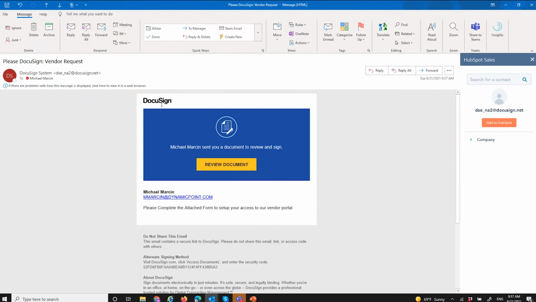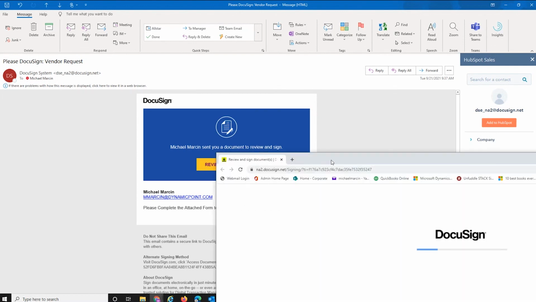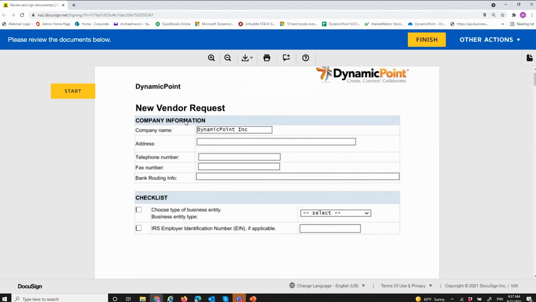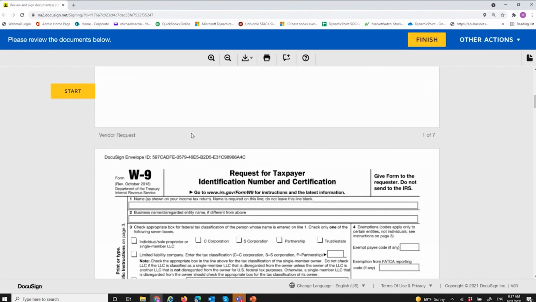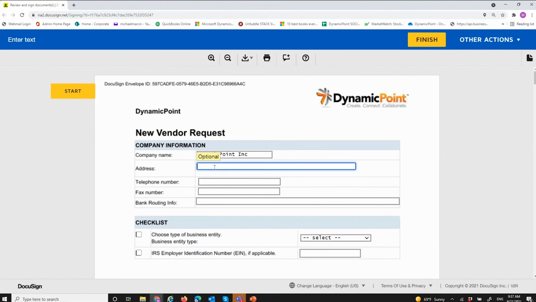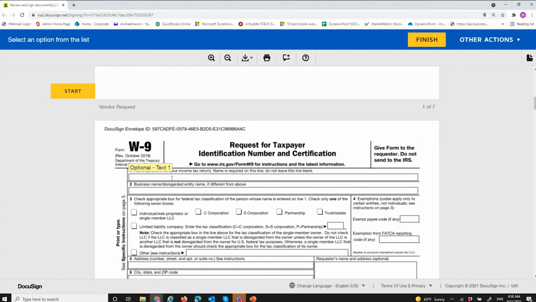And this email came from DocuSign. So as I mentioned, with Power Automate, we have all these connectors to other systems. And in this case, I want my vendor to complete a form, but I also want to capture the electronic signatures. So I've integrated that form with DocuSign. So I click this review document. Now I have my vendor completing a contract as well as the W-9 form. So here I just have some simple information that I'm capturing from the vendor, such as their address, telephone number, type of business, etc. I won't bore you with me filling out all this, but I've also captured a W-9 so they could fill this out as well.